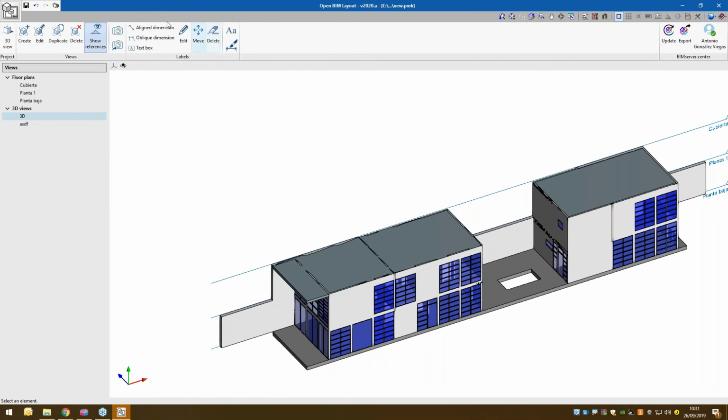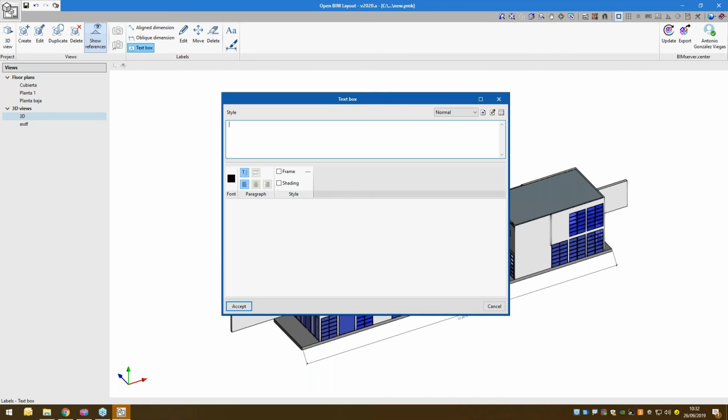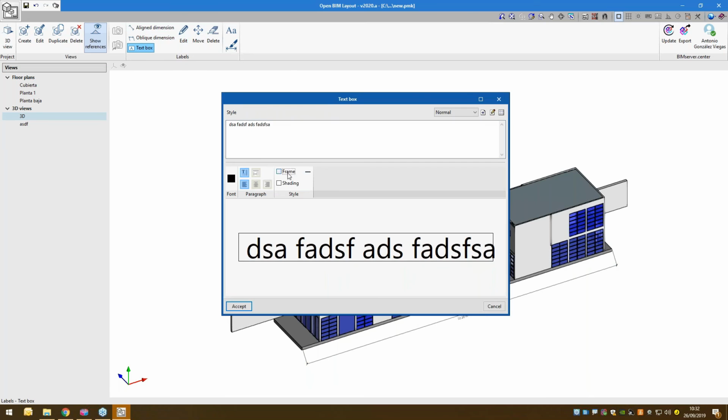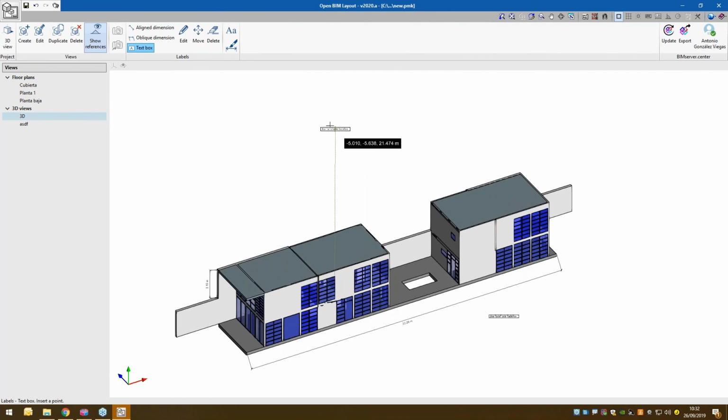You can actually draw dimensions in the drawing, with snapping. You can, yes, as I told you, add dimensions. You can add text and labels. For example, whatever, and with a frame. And then afterwards, you can just